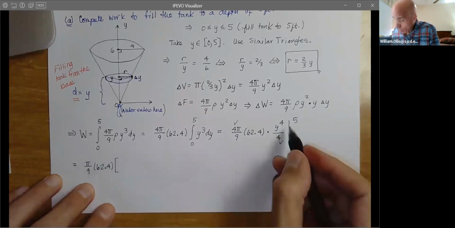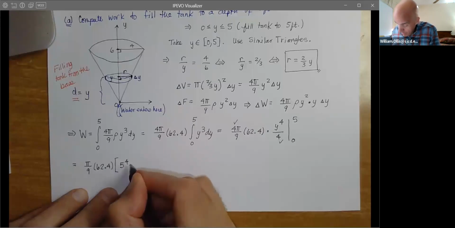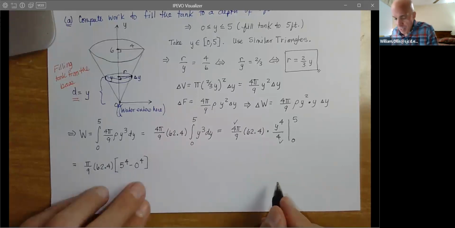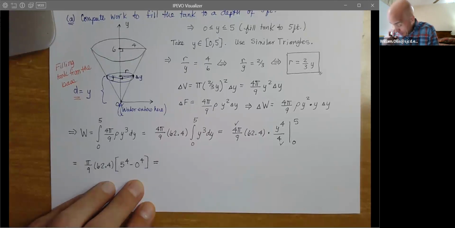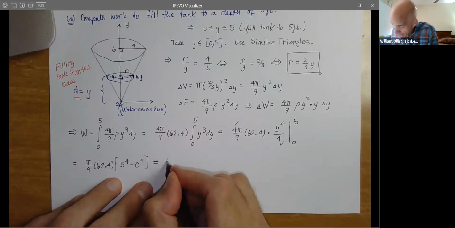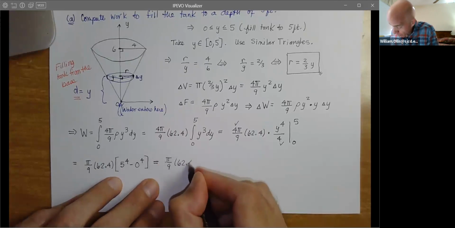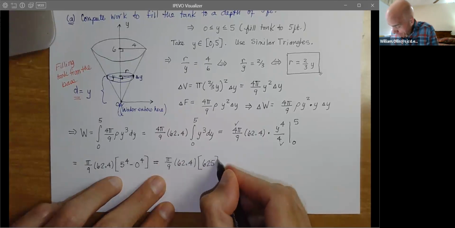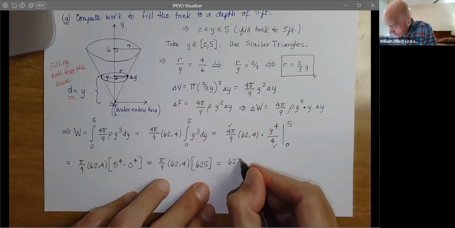And then, of course, we will substitute 5 in for y. So we get 5 to the 4th minus 0 to the 4th. Now, this is where we can utilize the power of WebAssign. Notice this is just 25 times 25, so that's 625. So we get pi over 9, 62.4 times 625. So this gives us 625 pi